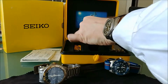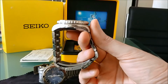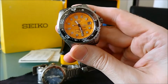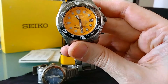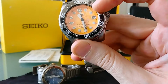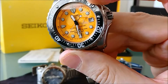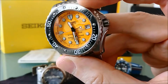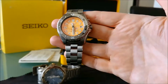As you can see, it features the words Cayman Challenge 1997 inscribed, plus a very beautiful dial which features the map of the Caribbean with the Cayman Islands right next to the date window. I believe you can see it right now. We have Cuba on top, Mexico, the US, and it has a very interesting